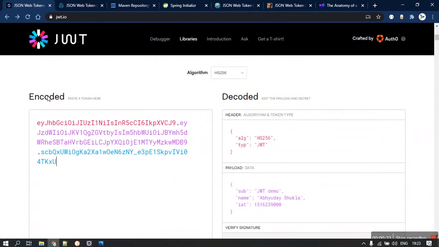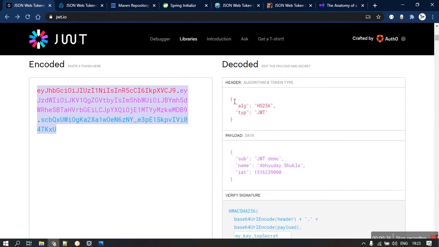As told, these are the encoders and decoders of JWTs. So likewise, if I have any JWT, for suppose this type of a text, I can right away decode it and see what the header data and what the payload data are. Now let's first focus on the decoded parts of the JWT.